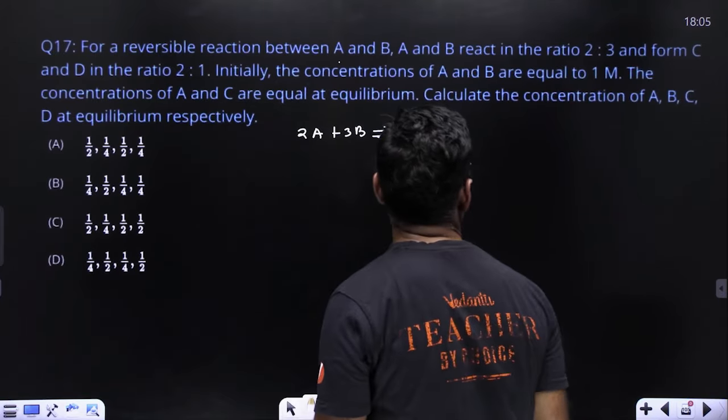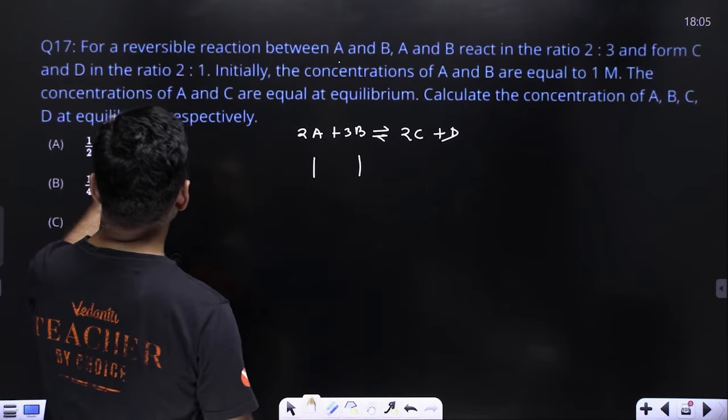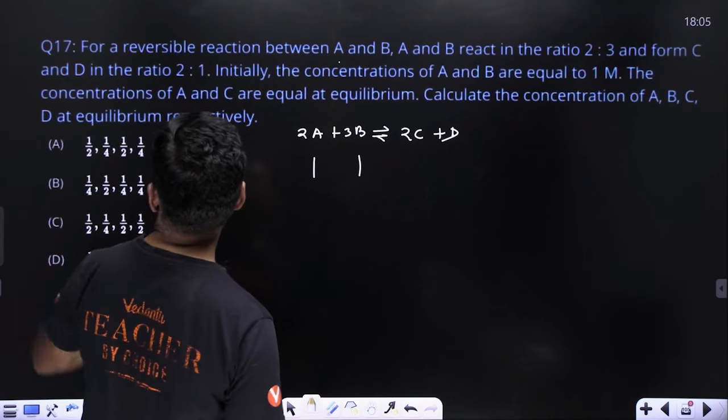Initially concentration of A and B are equal and 1 and 1 molar. Initial molar concentrations are 1 and 1, and concentration of A and C are